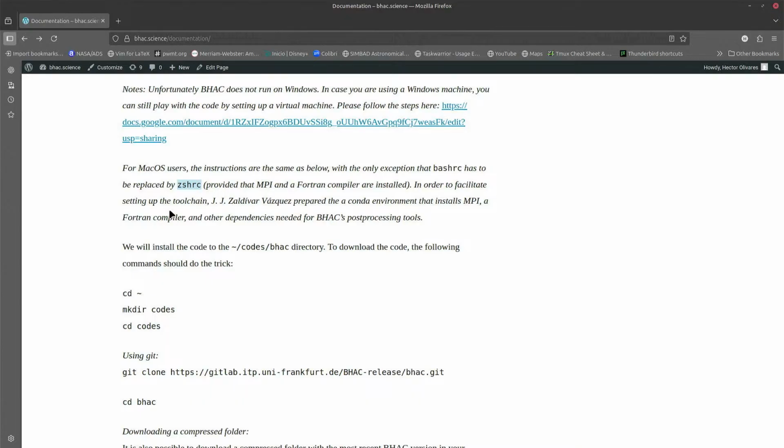Also, for installing and compiling the code, one has to use a Fortran compiler that is not provided by default in Mac, so you need to install one. You also need to have MPI, the message passing interface that you need to run in parallel. That is also not installed by default on the Mac, nor in Linux, but it's very easy to install. But so that you don't have to go through these complications, Juan José Saldívar, a student from UNAM in Mexico,